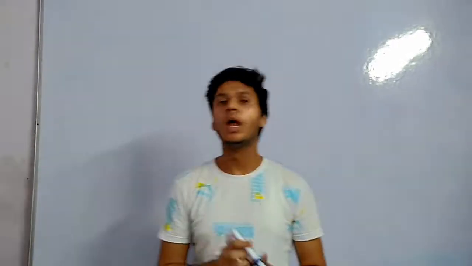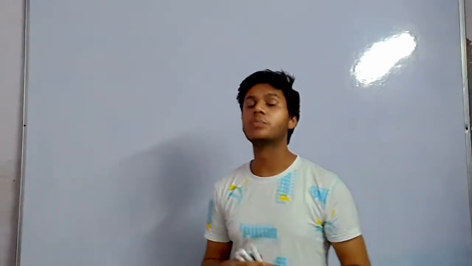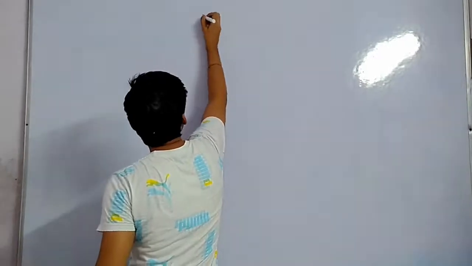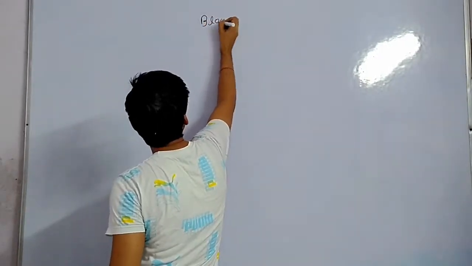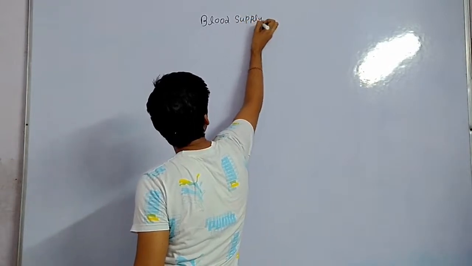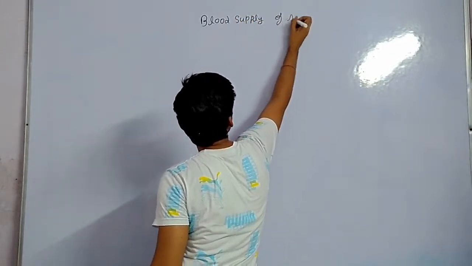Hello. So last time we covered the inguinal canal and some important points about protective mechanisms, the shutter valve and flap valve mechanisms, and we covered the posterior abdominal wall. So now we will cover the blood supply of the abdomen, the whole blood supply, organs, blood supply, etc. Blood supply of abdomen.